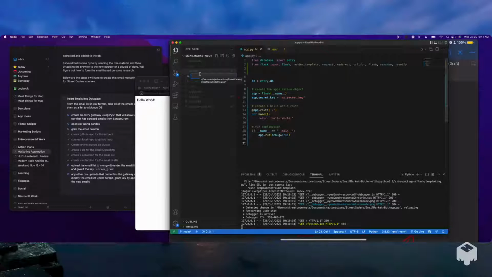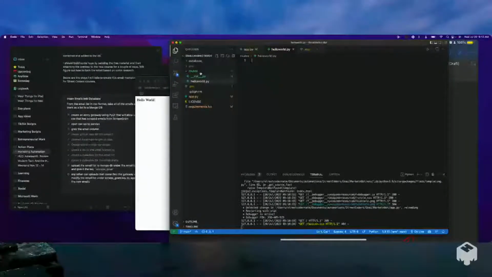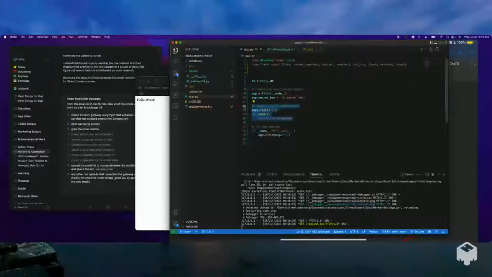And so in our routes, we're going to have a bunch of different routes as this email marketing bot gets built. But right now, all we're going to do is just make these as modules. What a module is, it's just a file that ends in .py, and you can import from that file. So we're going to create a module just called hello world.py. Okay, hello world.py. We simply need to do something like this,